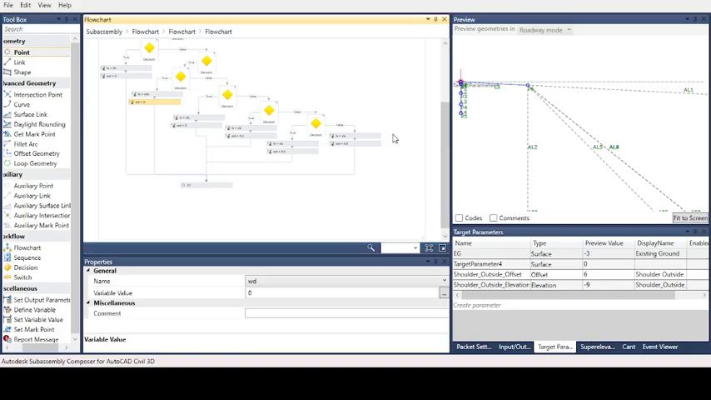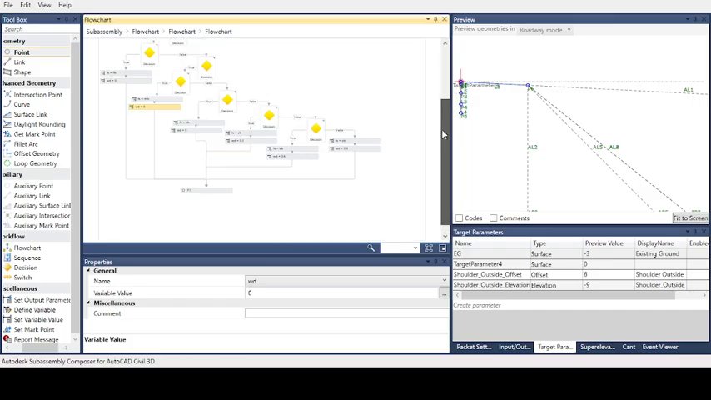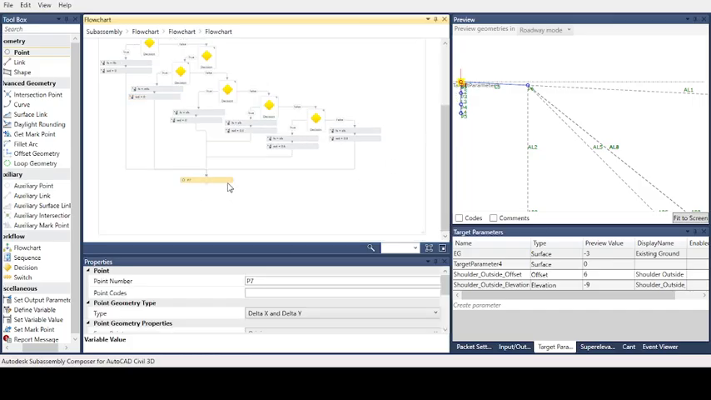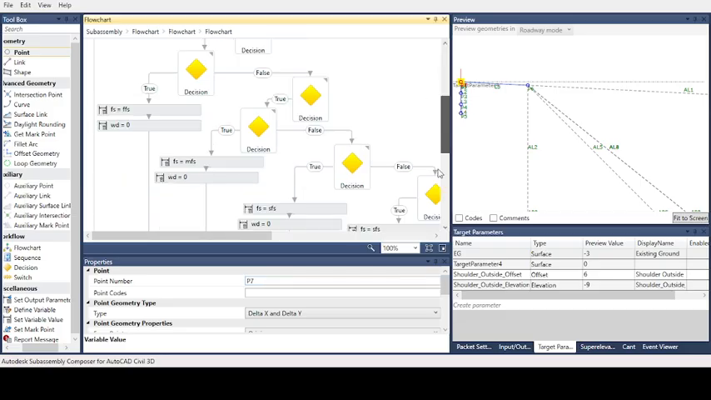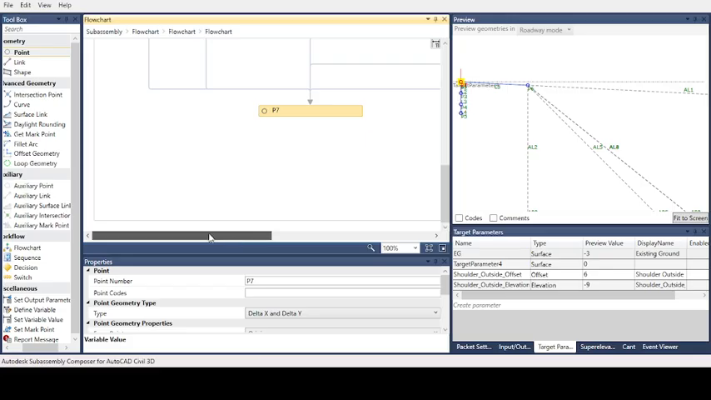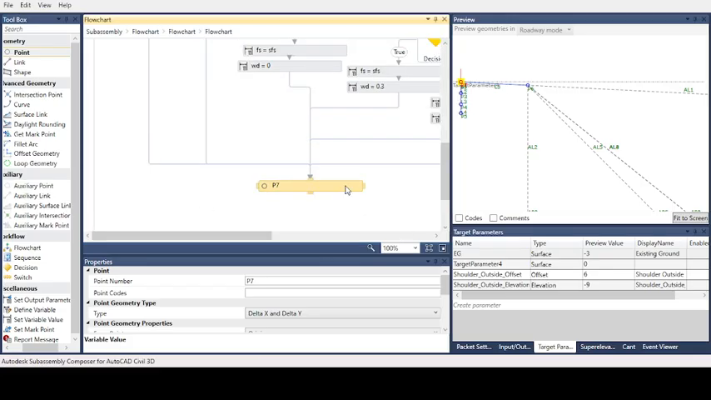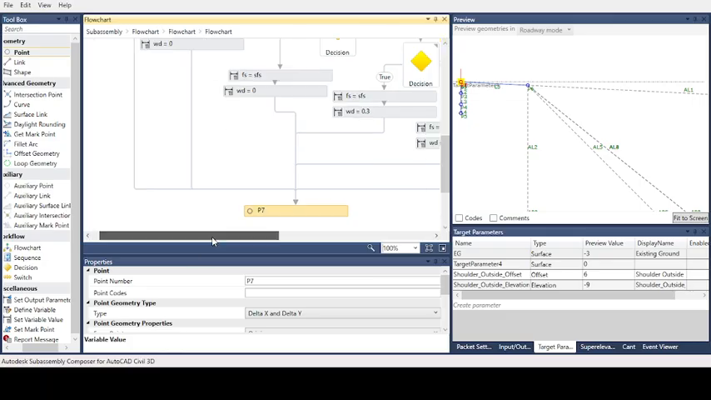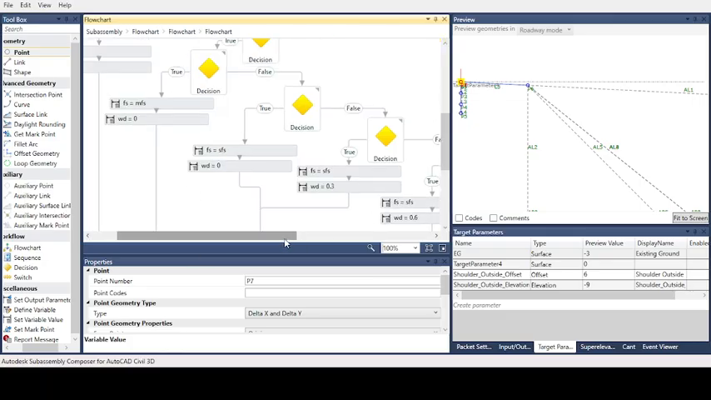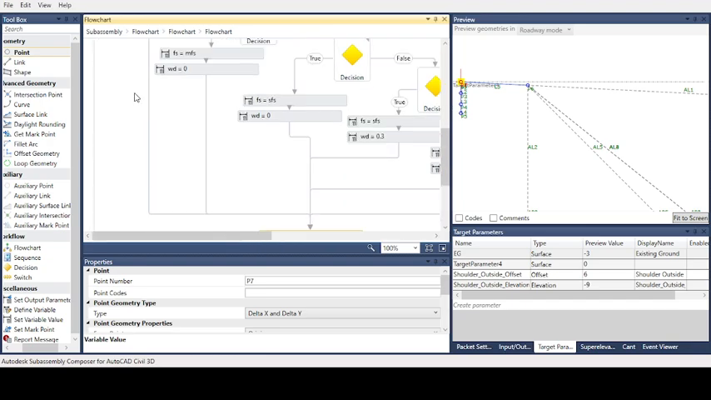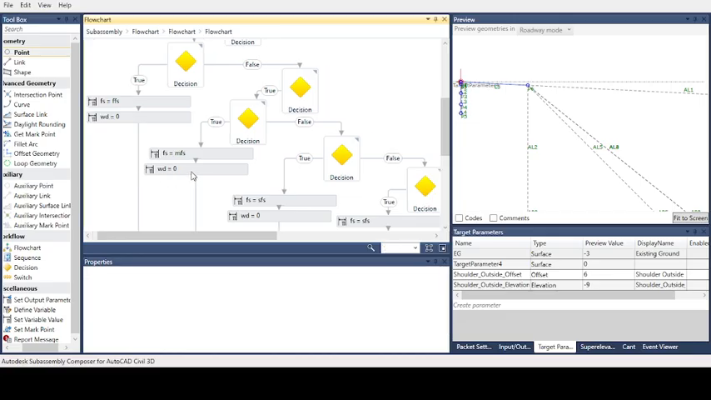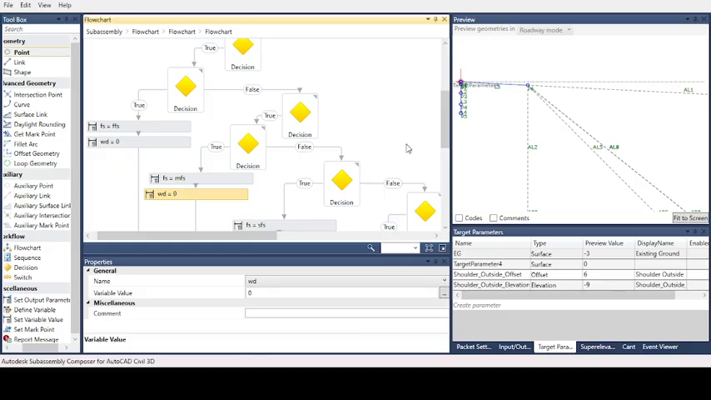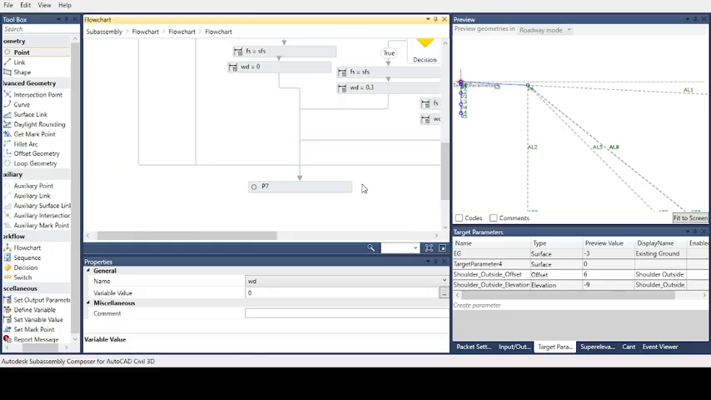Check all is connected. Yeah, this is P7. Now we will zoom out to 100%. What we are doing is all these variables we are connecting to P7. This, by this, all connected to P7. Therefore P7